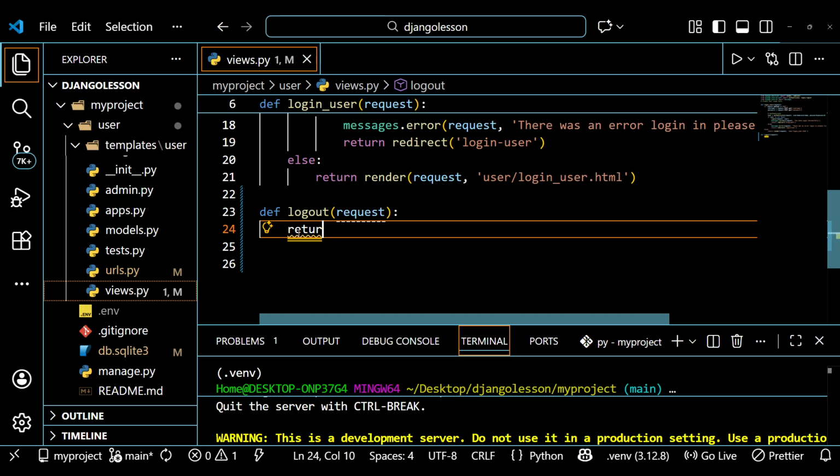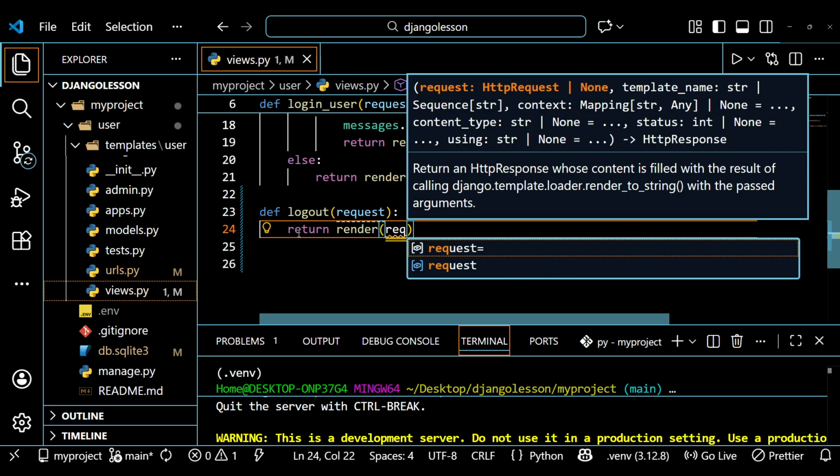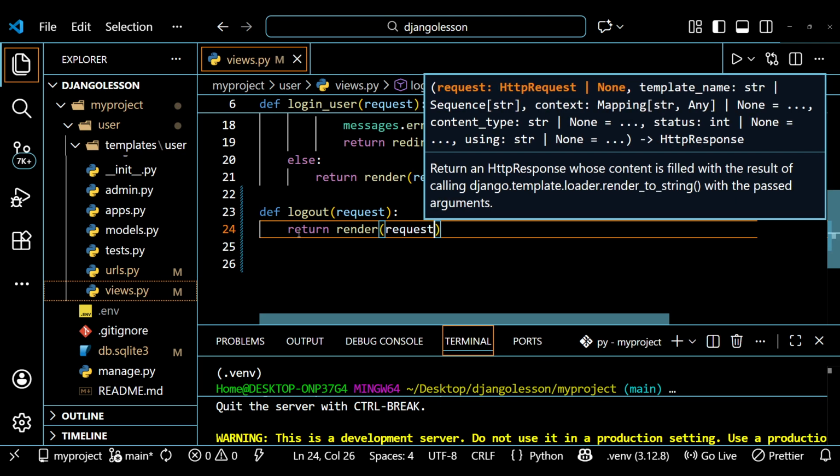Hii hatuhitaji sana hapa, but nitaiacha tu kwa leo ndo uone. Venye huwa tuna create, kama umesahau jinsi una create your views, although hatuhitaji this one while doing logout, because logout is straightforward. So user,